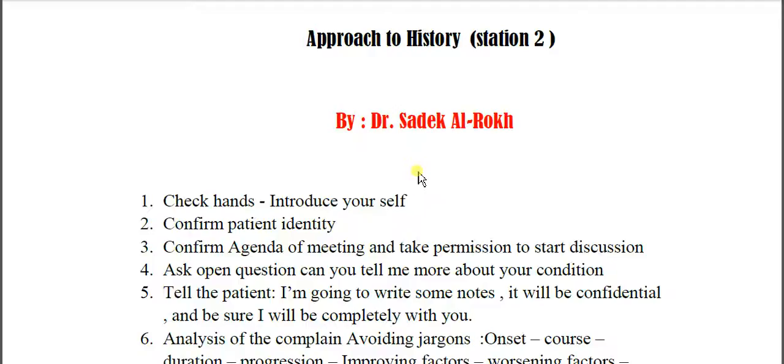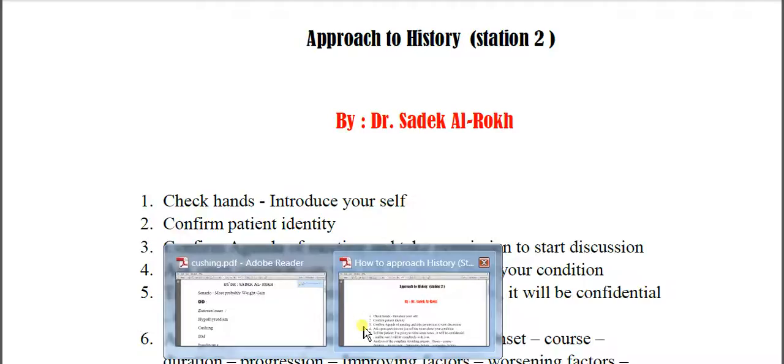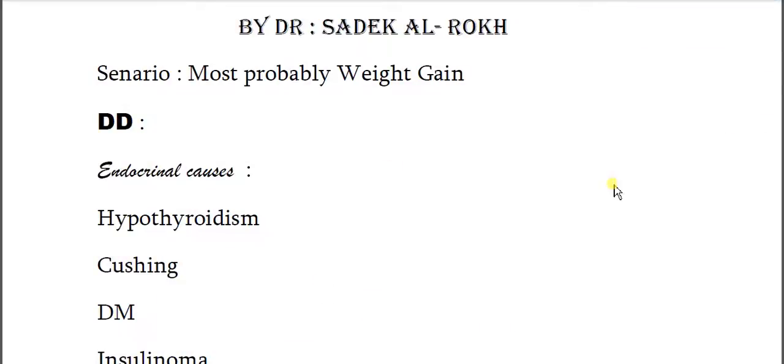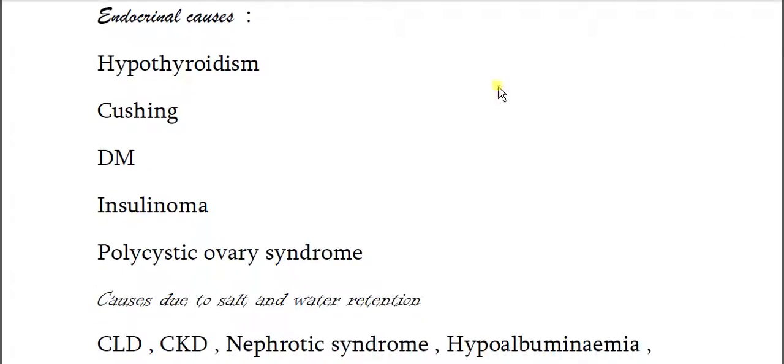Now I have the scenario. A straightforward case of weight gain. So I have 5 minutes before going to the station. I have to write a very good differential diagnosis for the case. So I'm going now to write my differential diagnosis. Weight gain. So endocrinal causes: hypothyroidism, Cushing and pseudo-Cushing, diabetes mellitus, especially type 2, insulinoma, polycystic ovary syndrome,